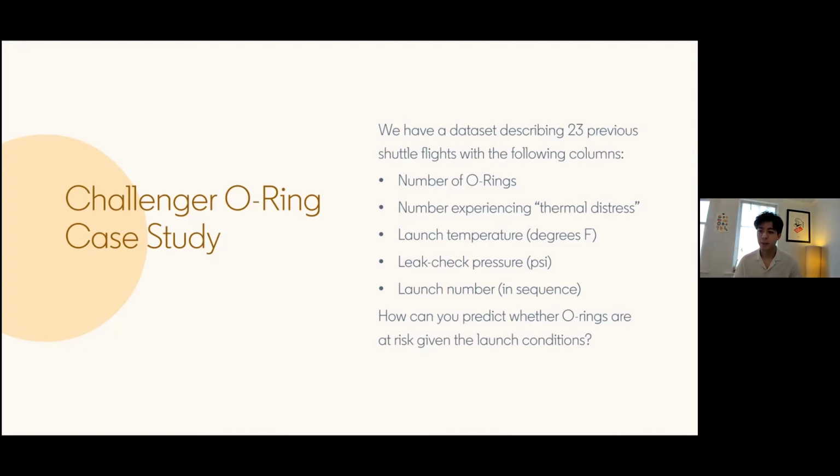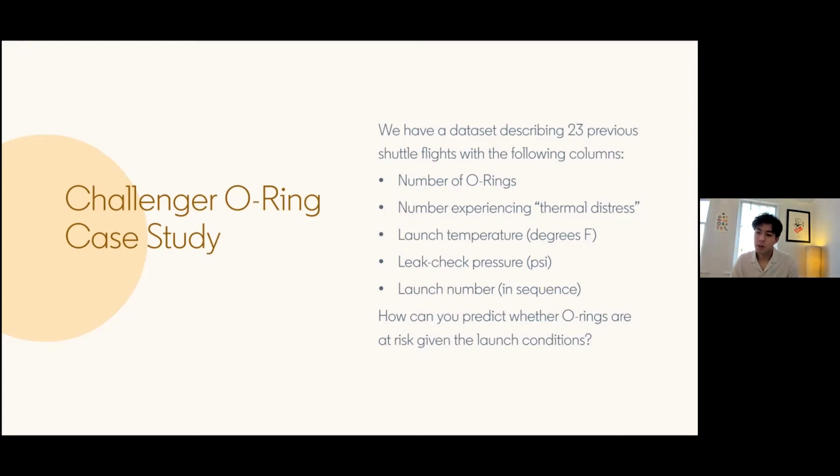And then depending on what makes sense in the context of the problem, that will influence the rest of our approach to solving this prediction task, right? So let's suppose that we're interested in binary classification. In other words, that one O-ring failing is enough to abort a launch. In that case, we would use this column here, the number of O-rings experiencing thermal distress, and code that as a binary label, right? So if at least one O-ring experiences thermal distress, that's a 1, otherwise it's a 0. And now we have a binary classification problem at hand. Okay, next we can start to think about features, right? The number of O-rings, for example, right?